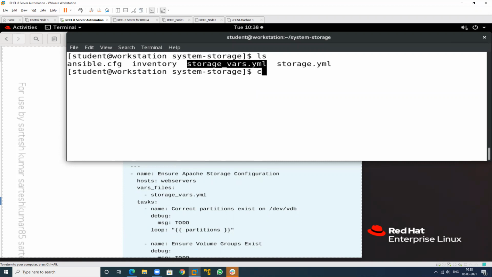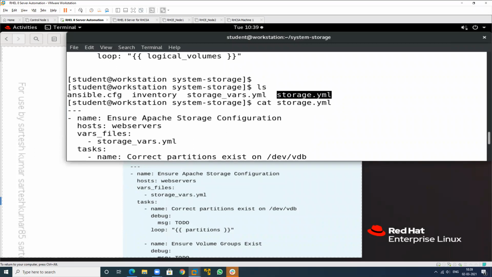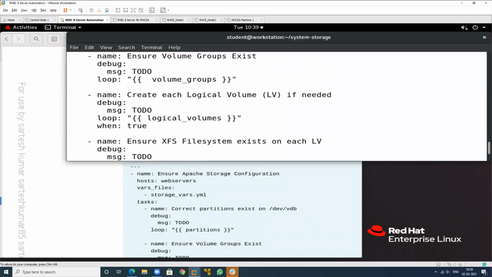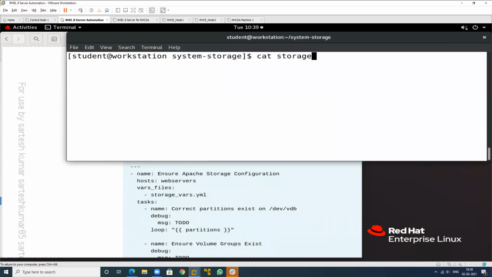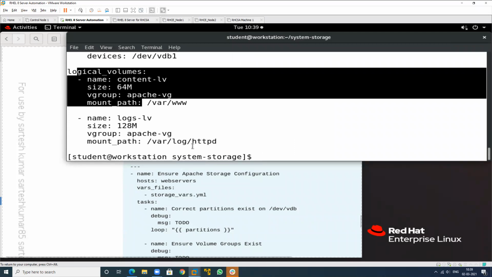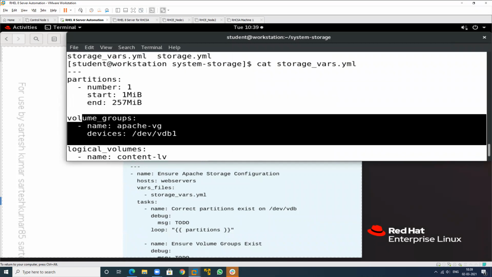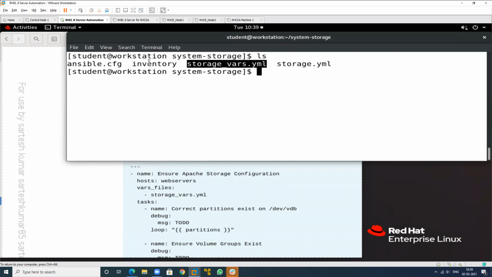So here we have all the variables. These are the variable names. And in storage.yml, this is related to this. So different things you can see. Storage_devs, in this we have all the variables. These are the variable names. These are predefined variables. This is also a variable. So we have storage.yml, variables, and inventory, and so first review.